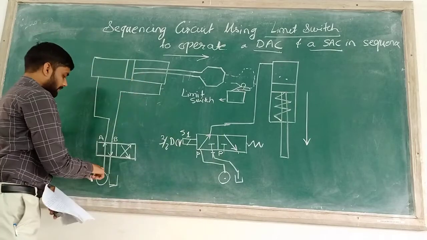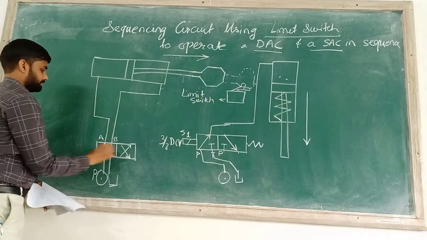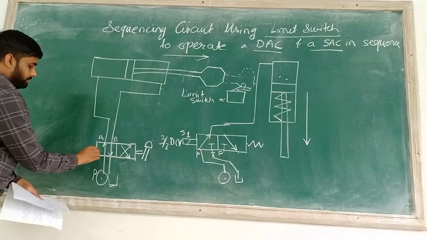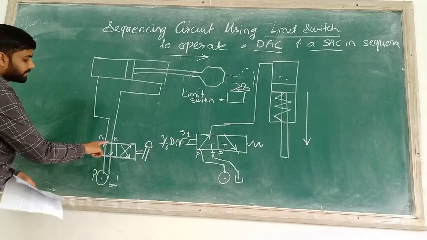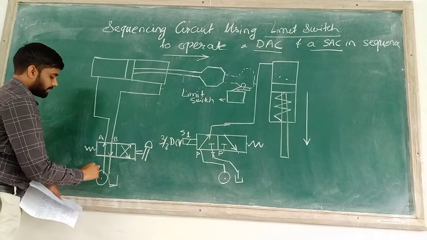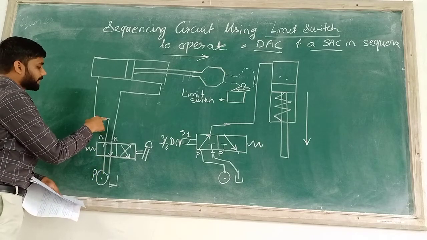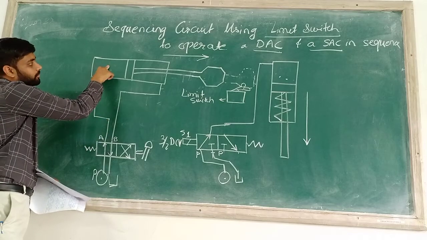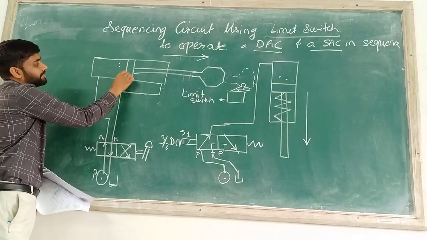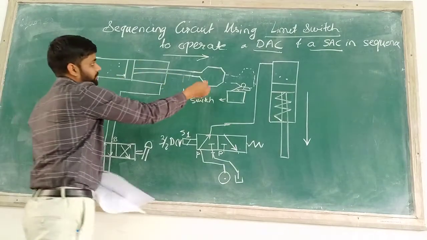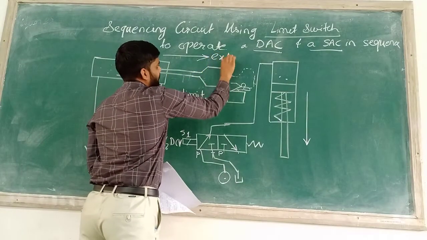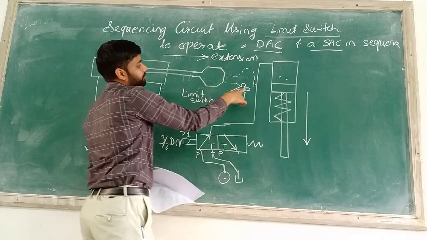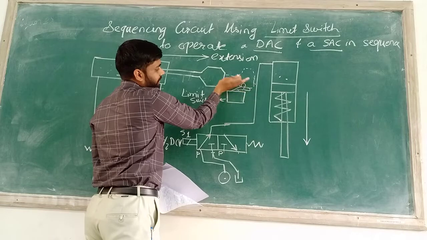When this is the pilot operated valve, and this valve is in its first position, the pump continuously sends pressurized oil to this part of the cylinder, and because of this the oil continuously forces this piston in the outside direction. Because of this, extension occurs here, and when this piston reaches this position, it pushes the limit switch.